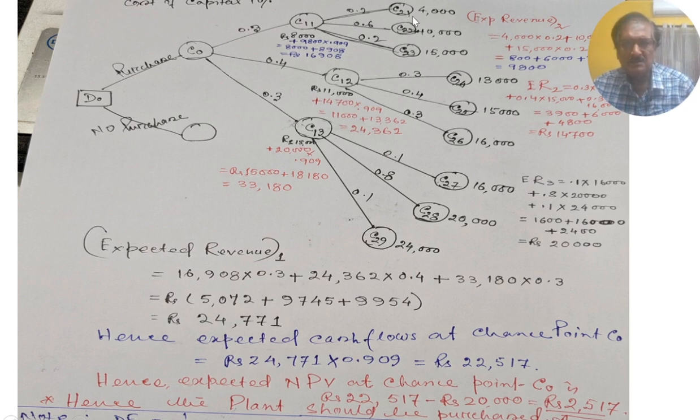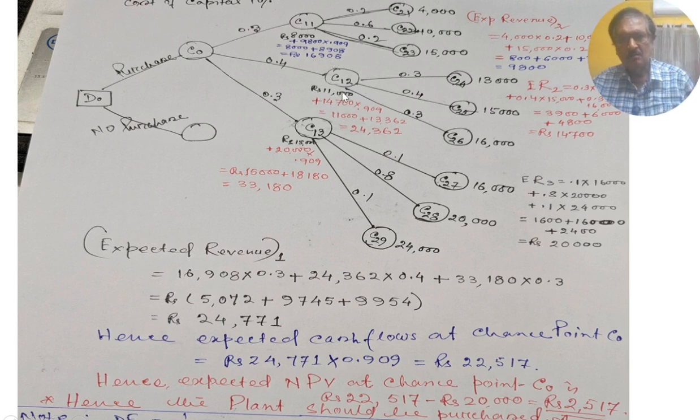That is, at this point, this expected cash flows, that means 9,800 into 0.909, because the discount factor for 1 year back is the present value at this point. That's why we are multiplying the expected cash flows 9,800 into 0.909, and the figure will come to 8,908. That means at this point the total cash flows will be 8,000 plus this 8,908, that is 16,908 for this